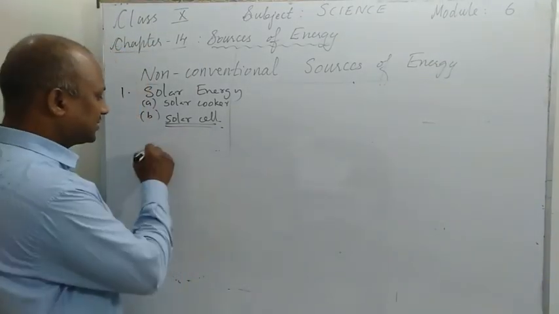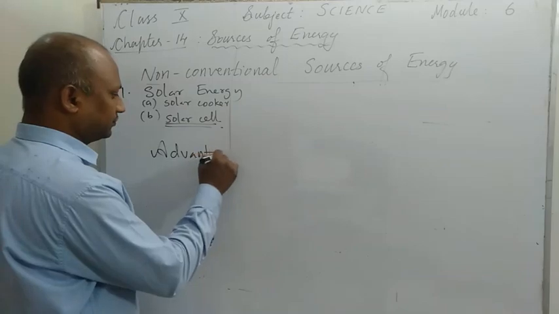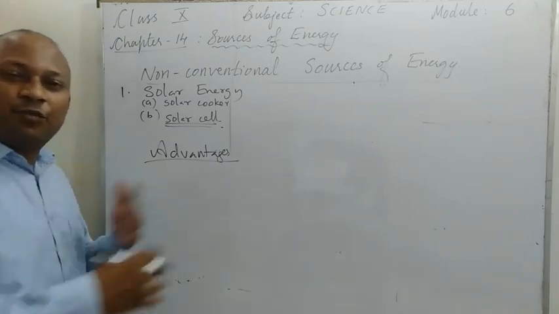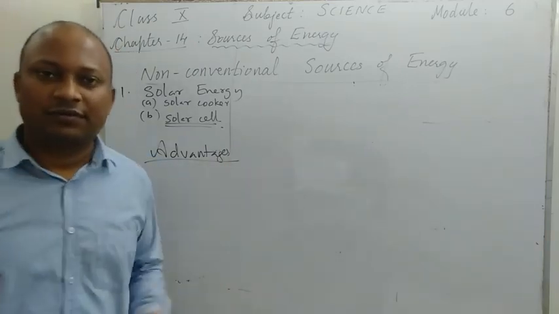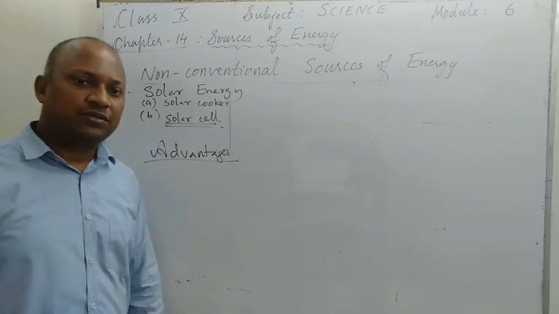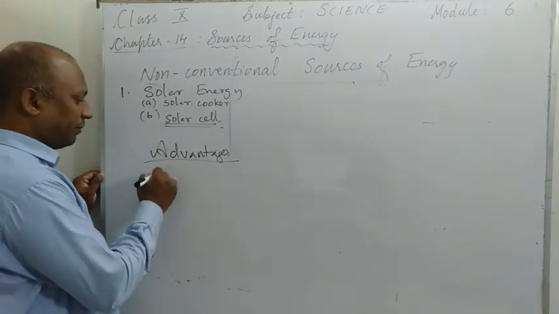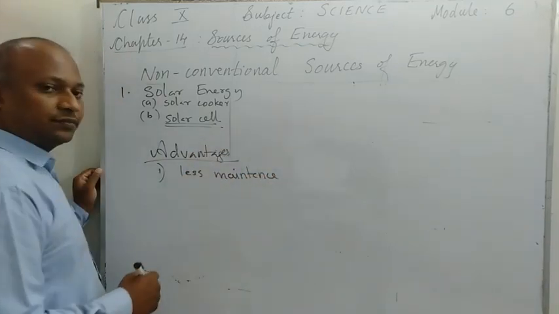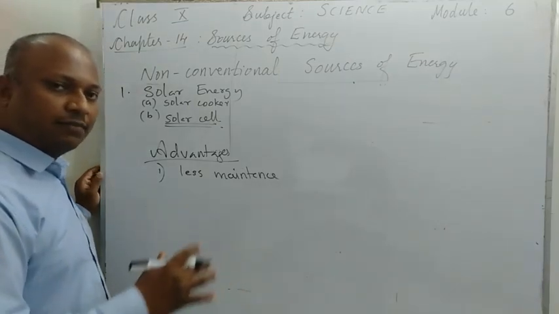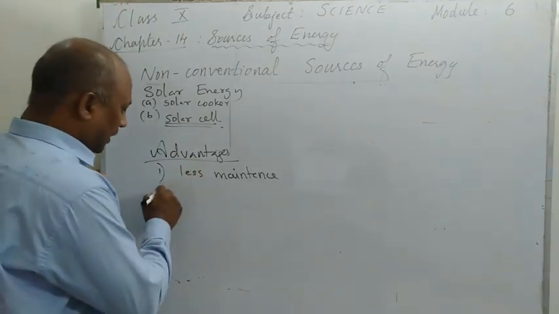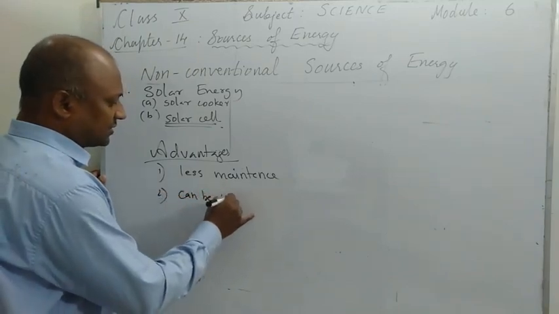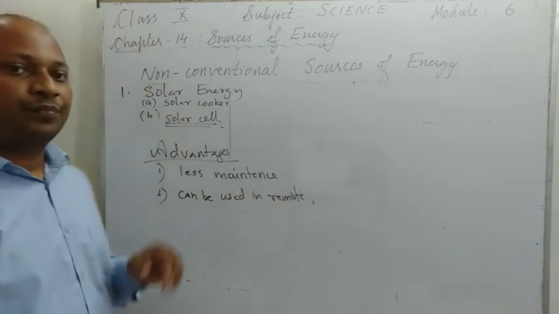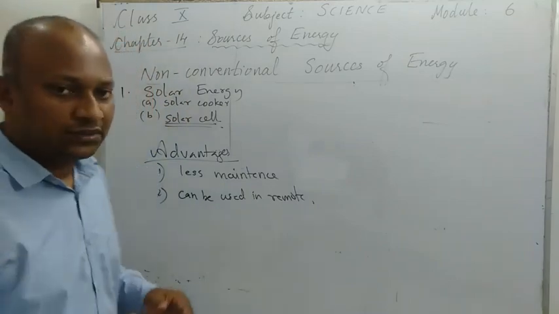What are the advantages of the solar cell? They don't have any moving parts like turbines or windmills, so they require less maintenance. उसका रखरखाव का जो कॉस्ट है वो बहुत कम है, and it can be used even in remote places, remote villages, hilly areas, whatever, जहां पर